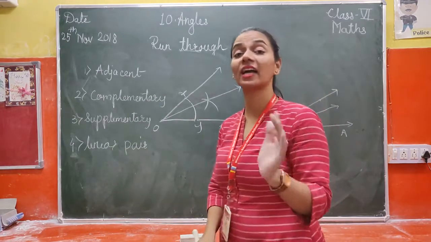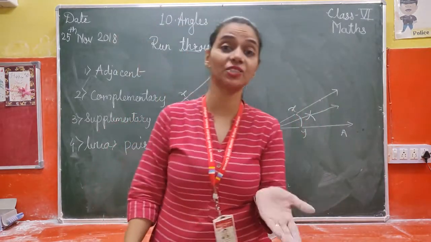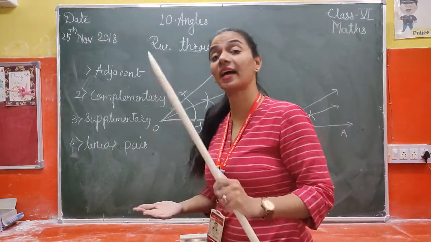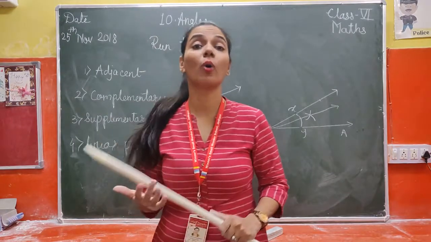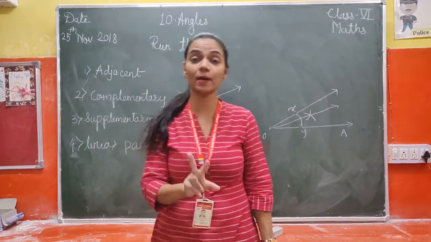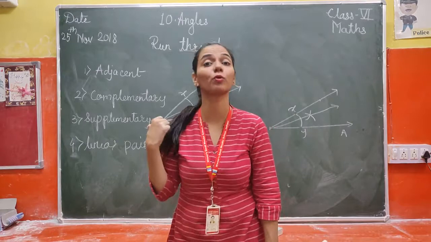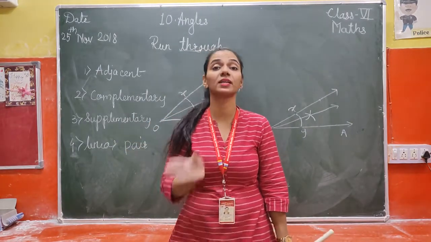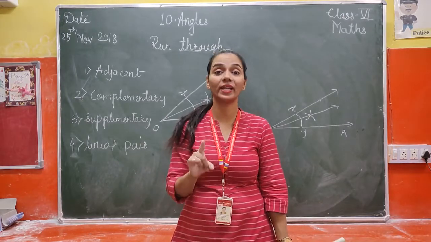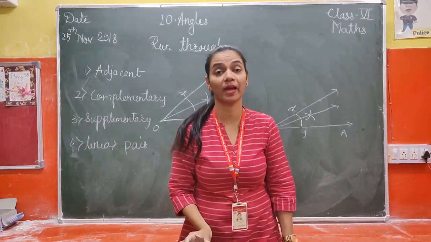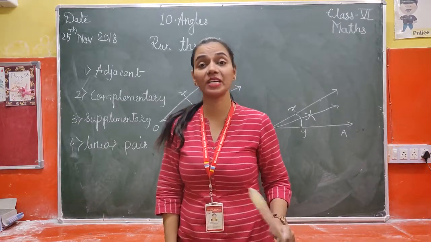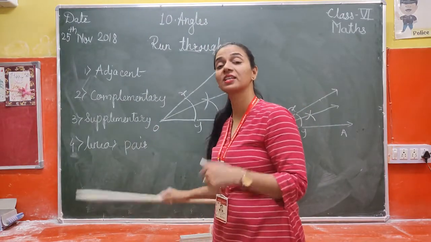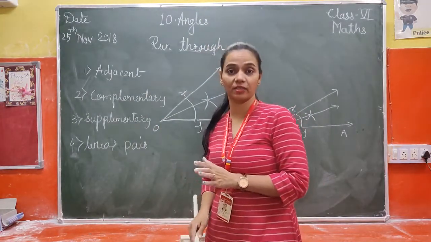Complementary angles are the angles whose sum is 90 degrees; they can be adjacent or not. Likewise, what are supplementary angles? Supplementary angles are the angles whose sum is 180 डिग्री. ऐसे दो एंगल्स, ऐसा पेयर ऑफ एंगल्स जिनका सम 180 डिग्री होता है, वो क्या होते हैं? सप्लीमेंट्री एंगल्स, राइट? और सप्लीमेंट्री एंगल्स एडजेसेंट एंगल्स हो भी सकते हैं, नहीं भी हो सकते हैं. And if you know one angle, if you have two complementary angles and you know one angle, then you can easily find the other by subtracting it from 90. And if you have two supplementary angles and you know one, you can easily find the other, right?